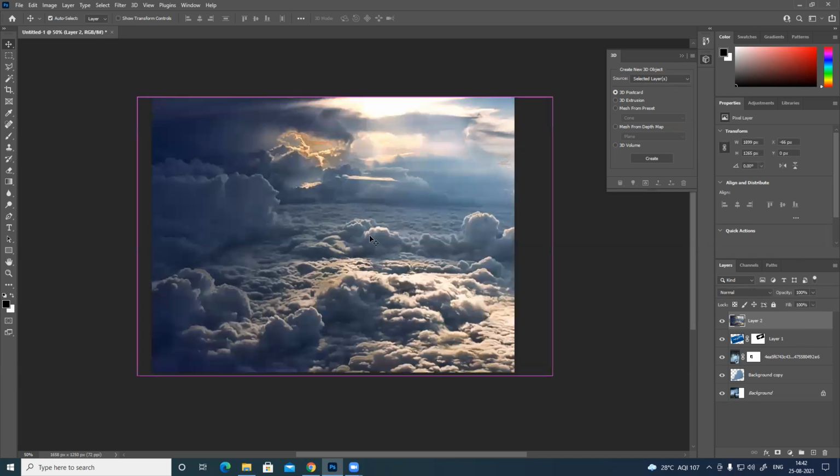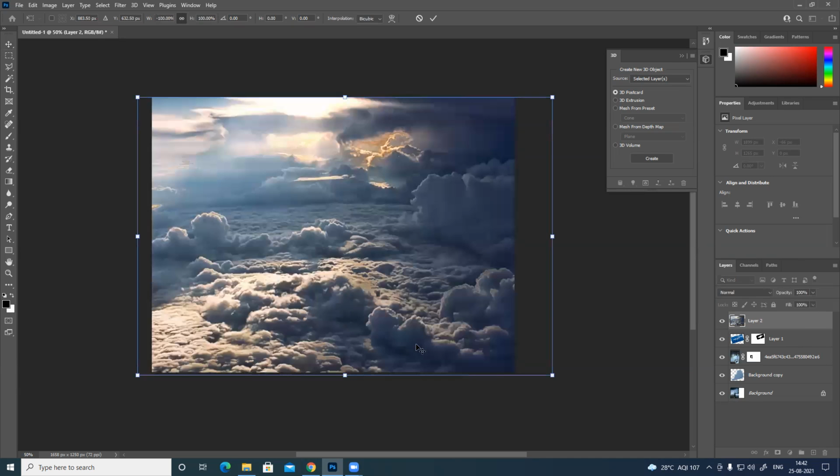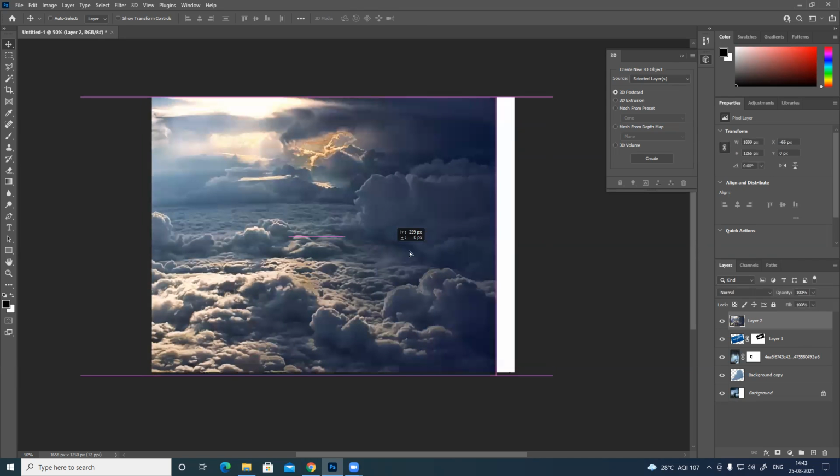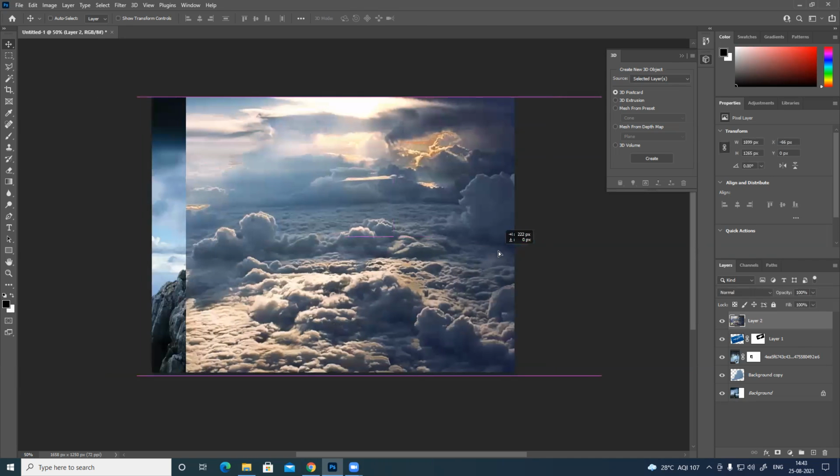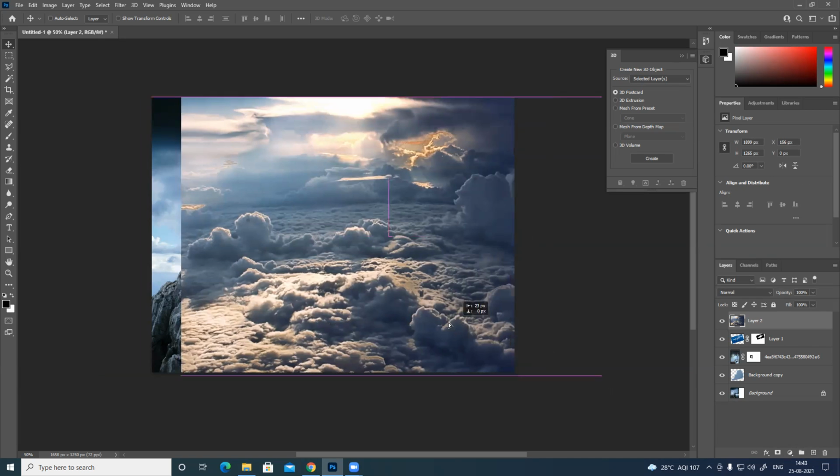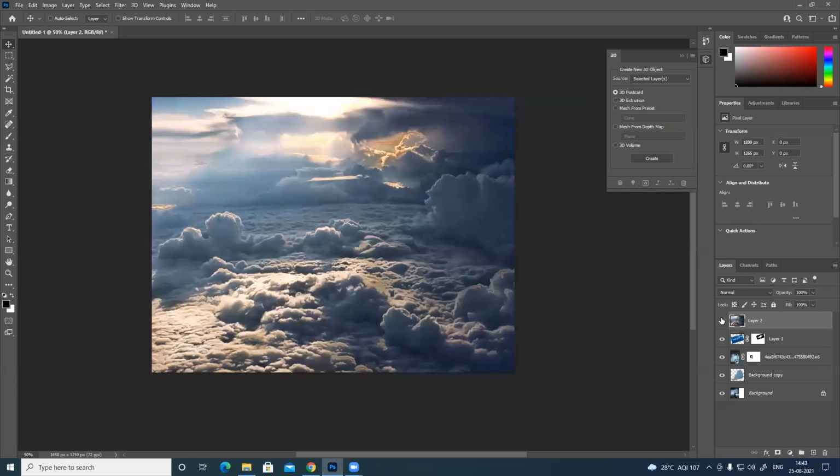So Control T, this direction only. Let's keep less of this. This thing and push it back. I can see everything, all sky and all the things.